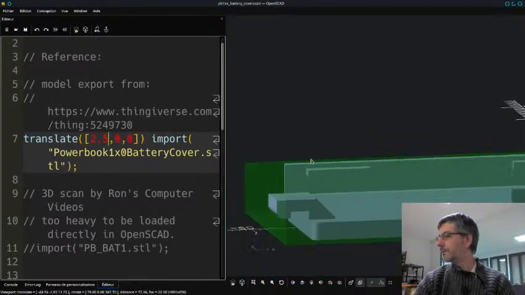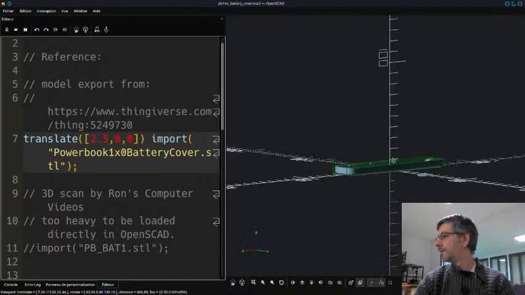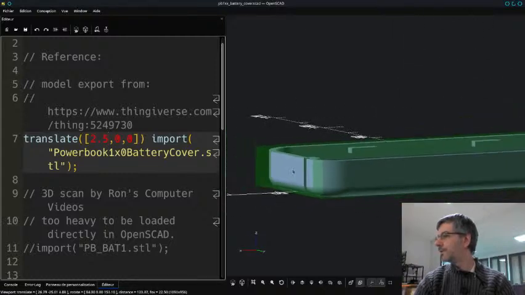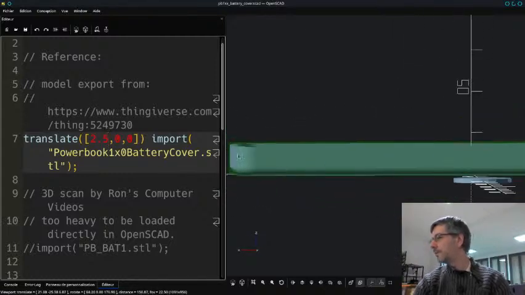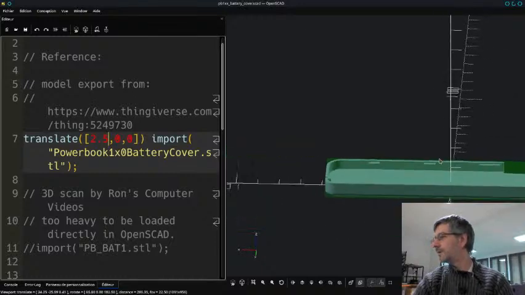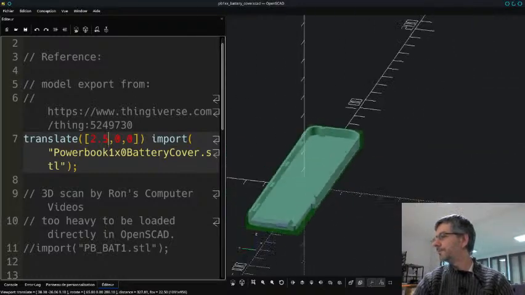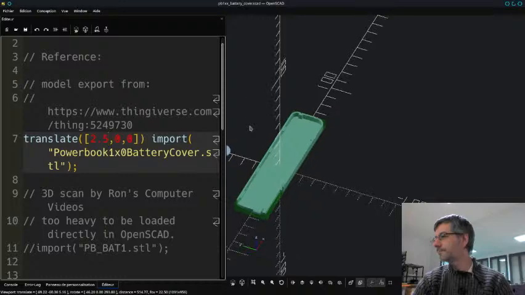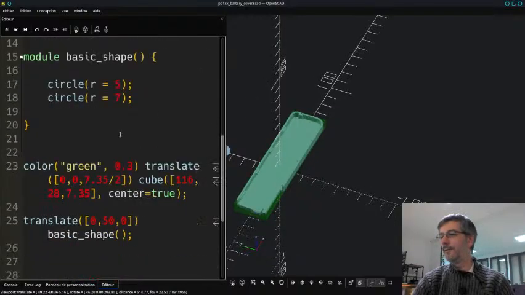Almost perfect, yeah. It's probably a bit longer, but yeah, that's okay. So now we have our bounding box in green. We have the original model here, and then yeah,